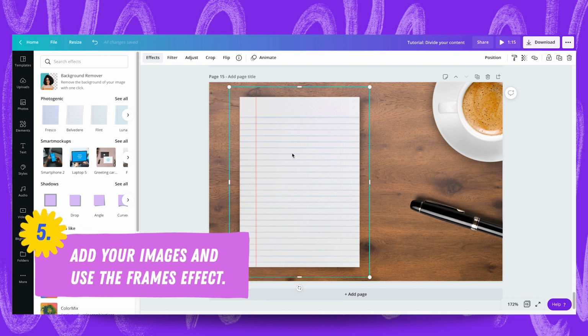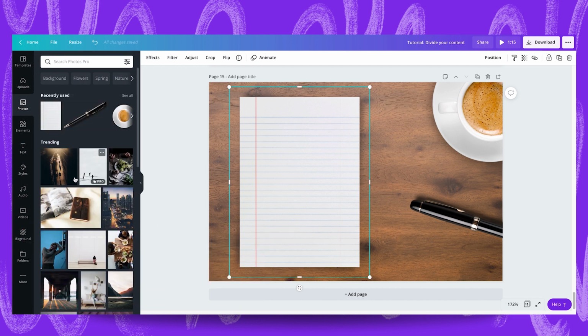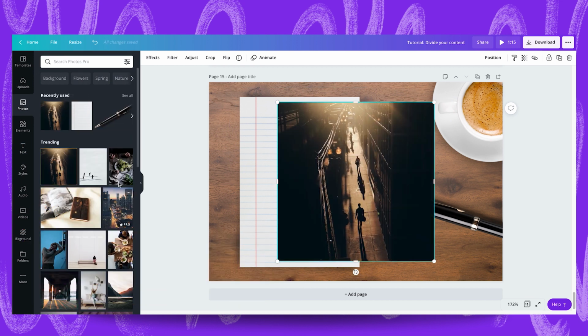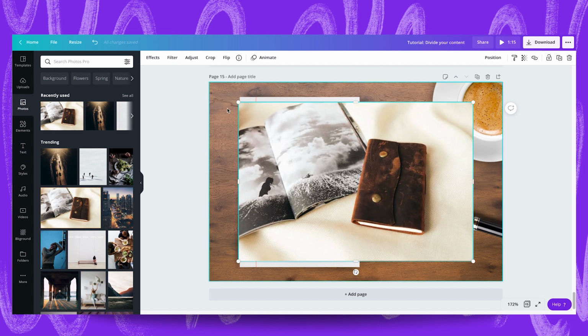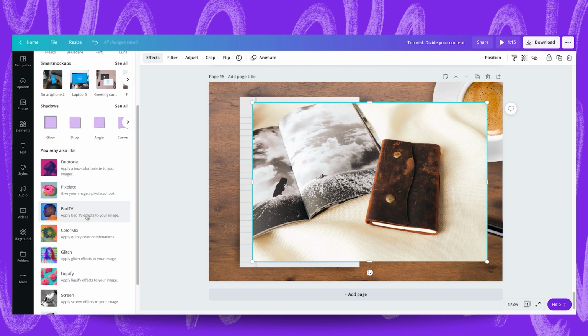Awesome to know. So once we've added our shadow to our design, we're going to leave it here for now while we add 2 example images in and create frames out of them. We're going to do that by heading to Photos and quite simply choosing 2 example images. I might just go with these 2 for now. And what we're going to do is select the image, like this is already selected, head to Effects, and now we're going to add